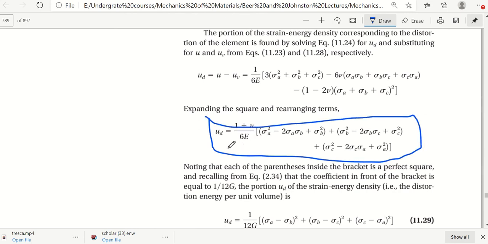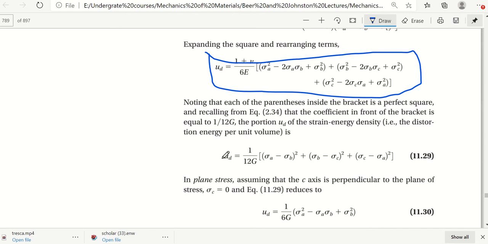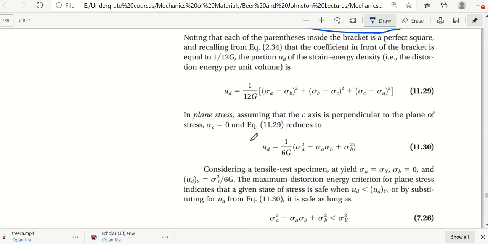You can do it on your own to better understand these mathematical expressions. This was the expression that we used in the von Mises failure criteria. In plane stress conditions, we know that a third stress component becomes 0. So this will reduce to this one, and that was the expression which we use in the von Mises failure criteria,